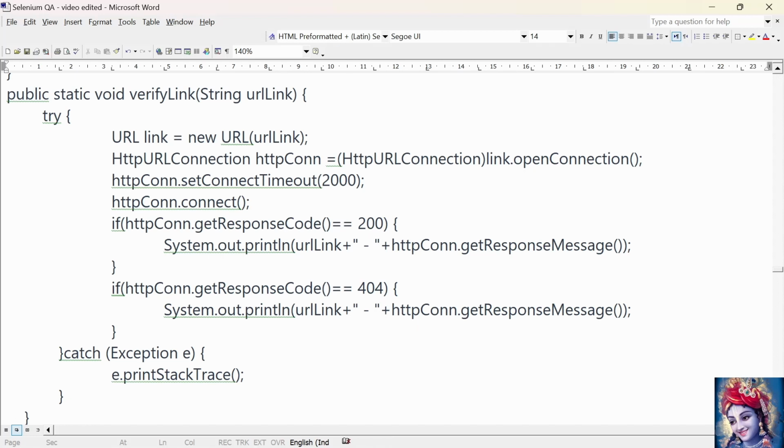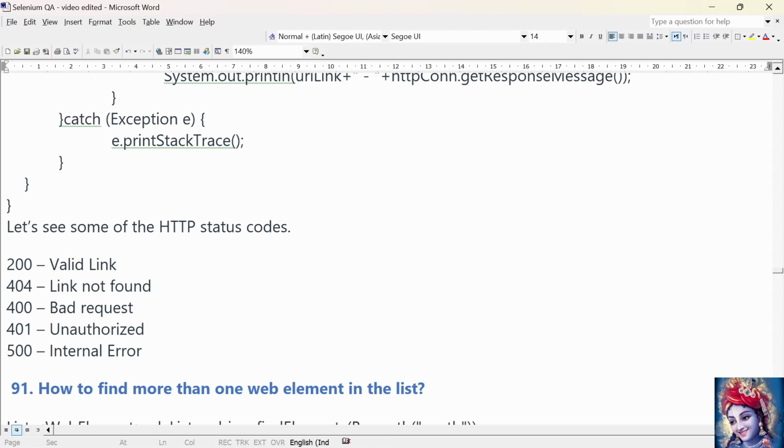If the response code is 200, that means it's a valid link. Just print the link along with the response code. If the response code is 404, that means it's a broken link. Just print the URL link along with the response message. And let's see some of the HTTP status codes. 200 means a valid link, 404 link not found, 400 is a bad request, 401 is unauthorized access, 500 is